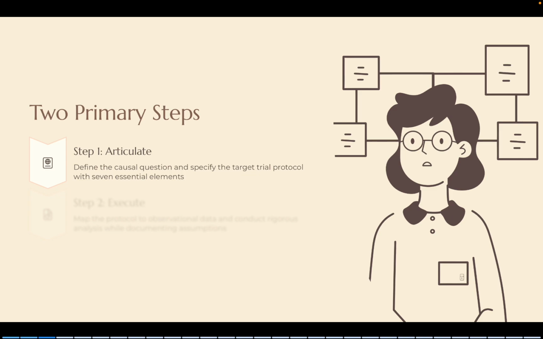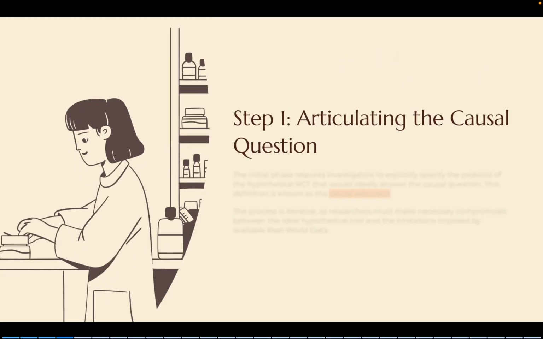So apart from the causal question, you also have something linked with it so that you can explain why that causation has happened. Next is execution. You have to map the protocol inside the observational data and conduct a rigorous analysis, while you also take the trouble to document the assumptions that you have made while doing the analysis. I think once we get deeper into this, you will have a more detailed understanding. So, what is